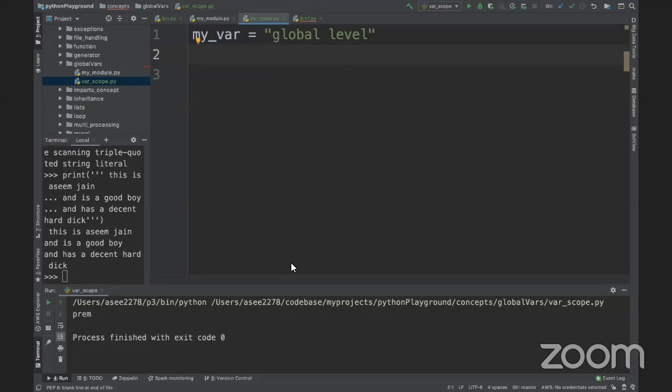So, variable is the most important thing of any programming language, and in Python, there are three different levels of variable scope. Since you know that Python is a scripting language, it is also an object oriented language. So variables can be accessed both ways. So what I'm going to do is I'll tell you about how to access them by using getters and setters, scopes, and all the details. In next 5 to 10 minutes, you will understand everything, and I'll also share this code so that you can